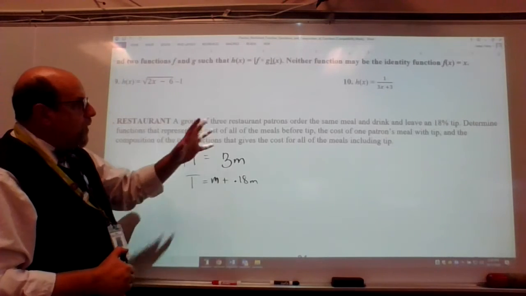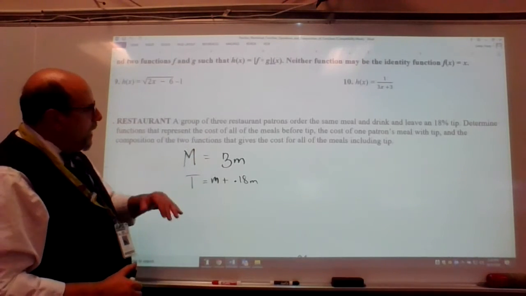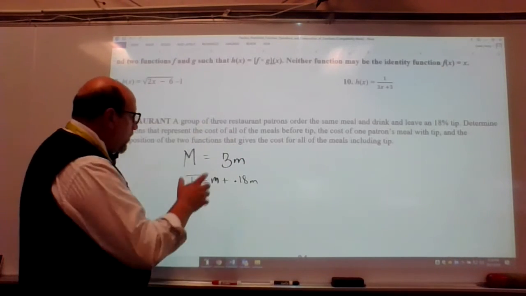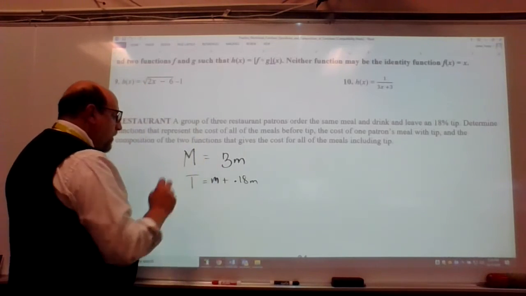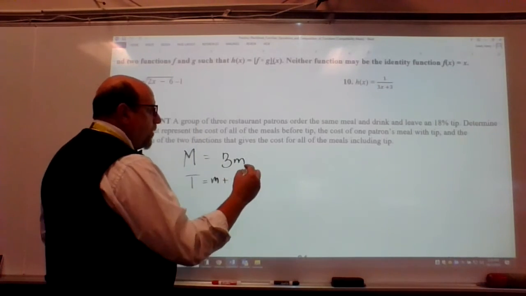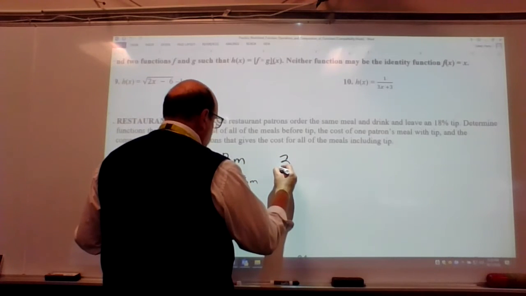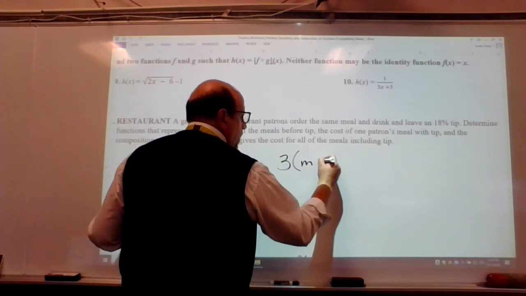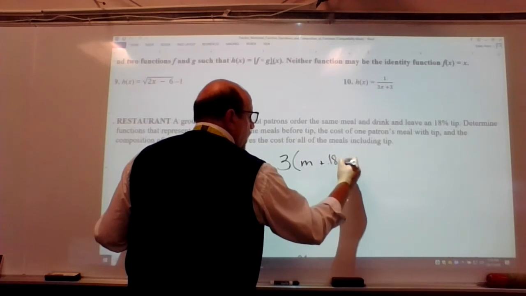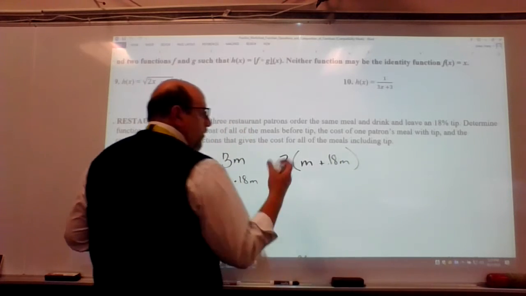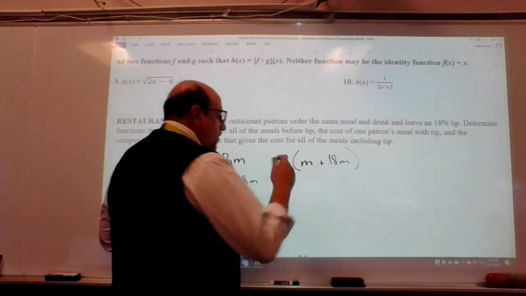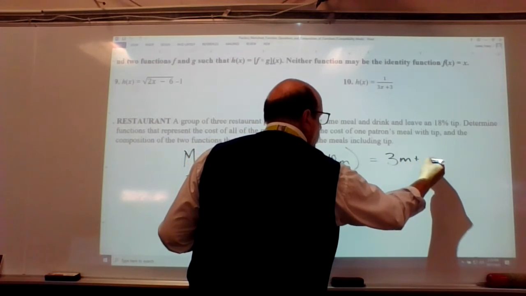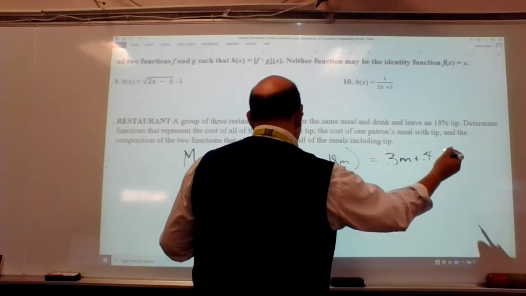And then if we want to say what is it going to cost for everybody, all 3 meals, including tip, all we're going to do is make m as a function of t, and then here we go. So we're going to say it's 3 meals, right? But instead of meals, we're going to do meal and tip. So 3m plus 18% of m, and then do the math. And so let's do the math. It's going to equal 3m plus 0.4,